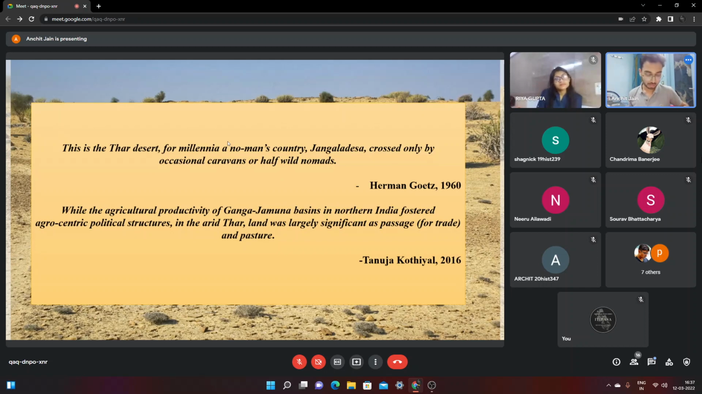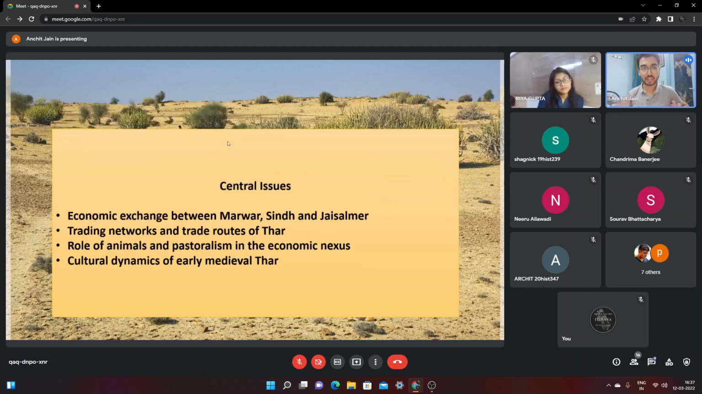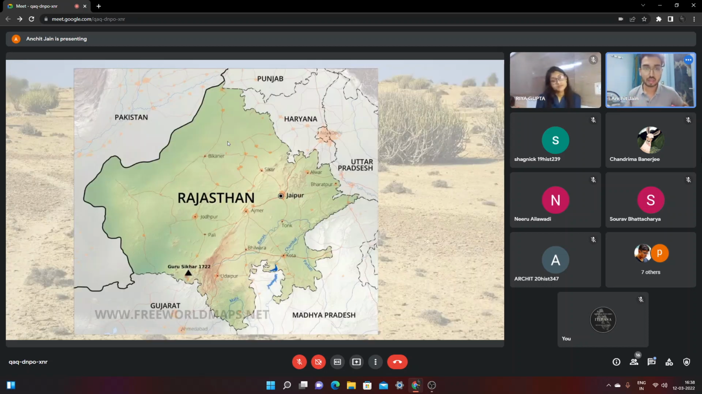environmental history. So some of the central issues which I'll be highlighting are the early medieval economic exchange between the regions of Marwar, Sindh and Jaisalmer, the trading networks and trade routes of Thar, the role of animals and pastoralism in this economic nexus, and the cultural dynamics of early medieval Thar. Before proceeding to those central issues, I would like to give a brief overview of